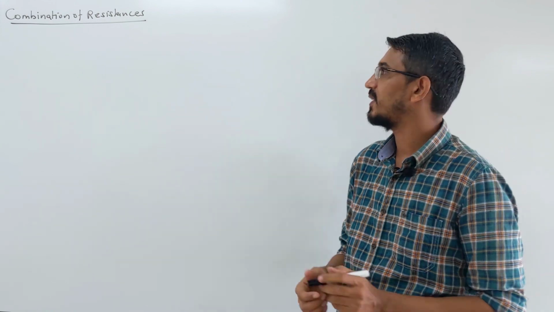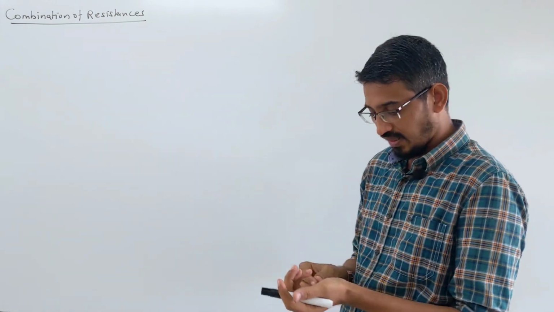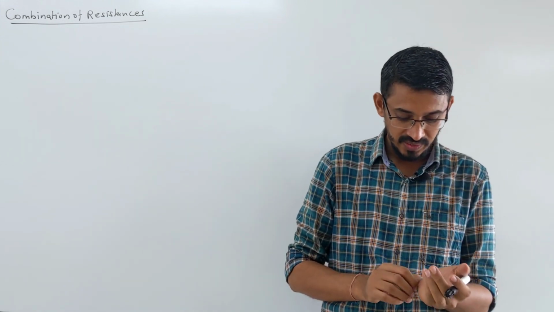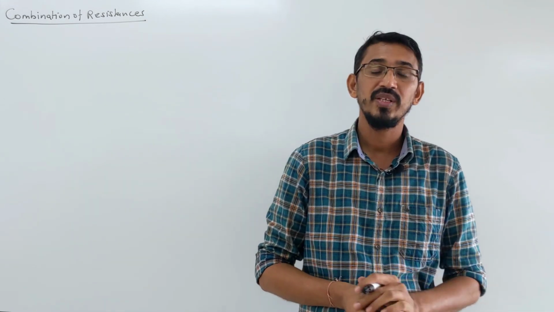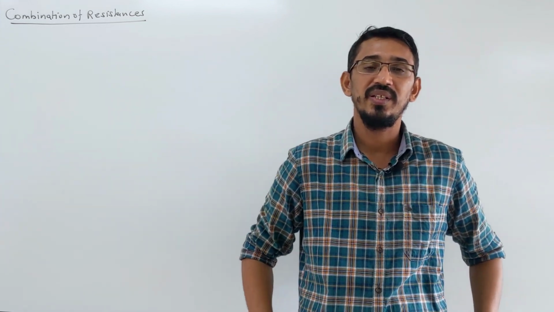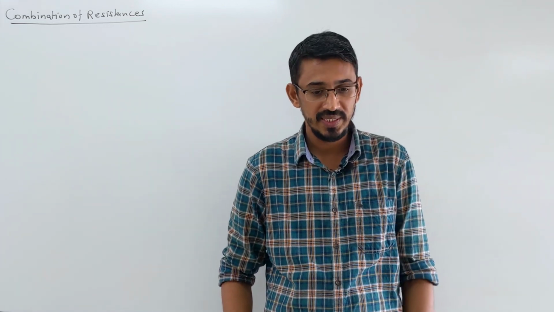Hello students, this is the third lecture on current electricity, and in the first two lectures we have already learned the basic parts of current electricity, like what is current, what is drift velocity, small terms you have defined, then resistance, resistivity, the dependence upon temperature. All these things we already have done.